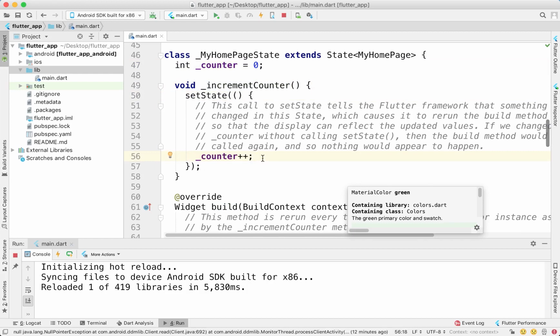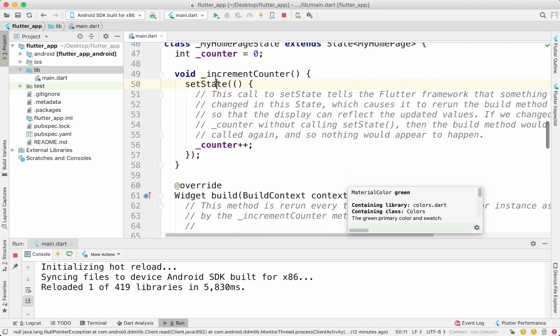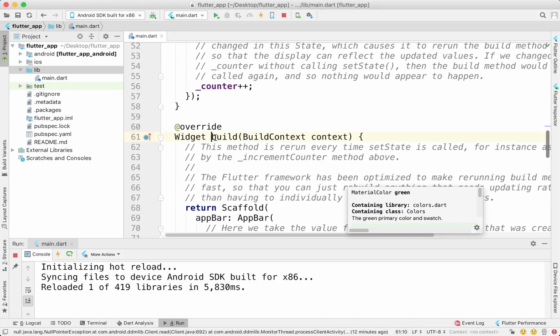So this is fairly straightforward. We're literally just adding 1 to our counter variable and then calling upon setState. Every time setState is called, it will recall our build function. So basically, anytime we want to make some changes to the appearance of the page, maybe we want to change